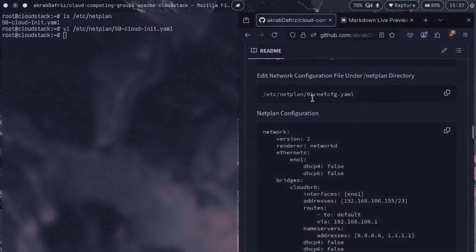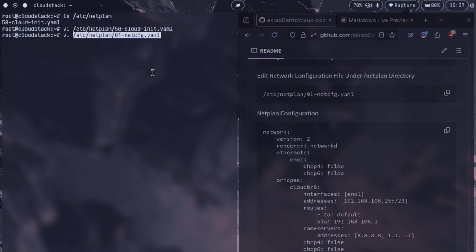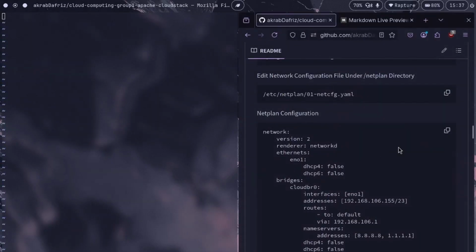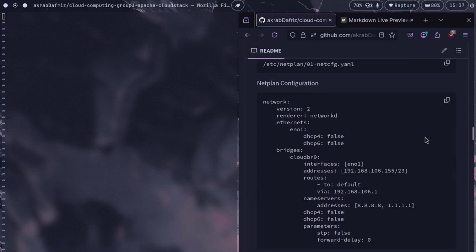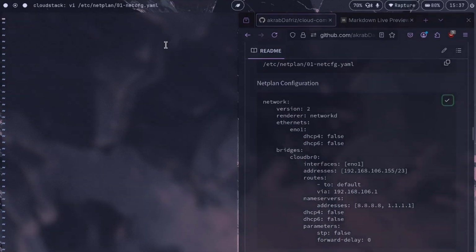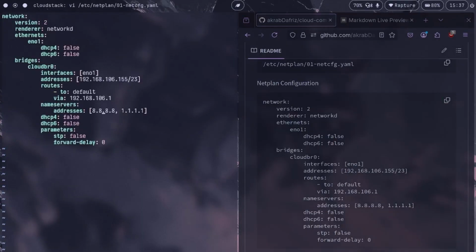So what we can do is just make another configuration file with the name of 01-netconfig.yaml, and you guys can go ahead and copy the template from the GitHub link below. Now the thing that you might want to change in the template is the IP. So in my network, my IP is 10.10.96.201, with a subnet of 24,